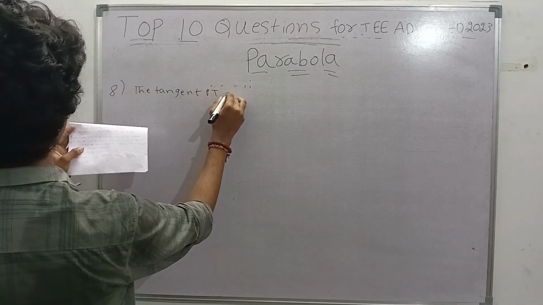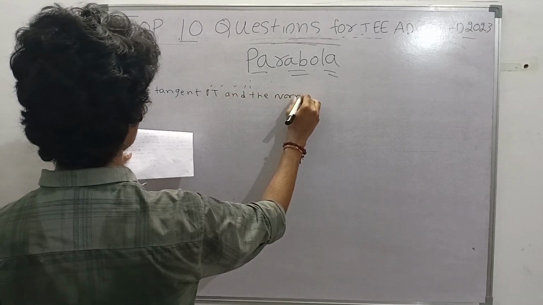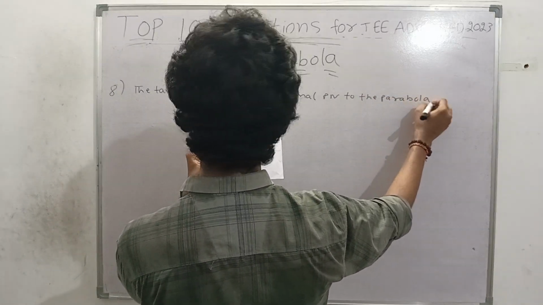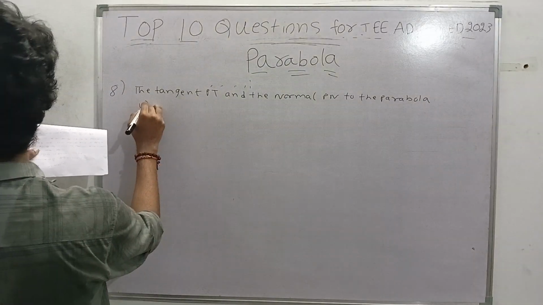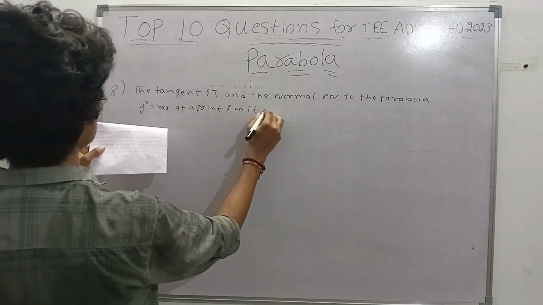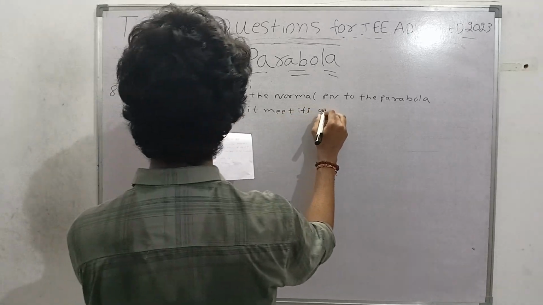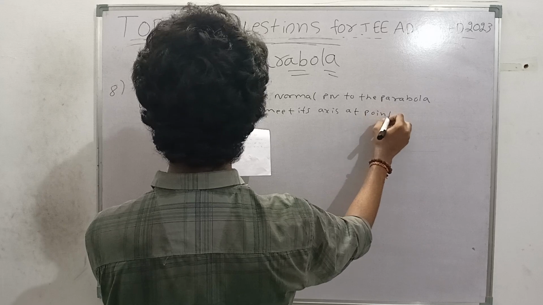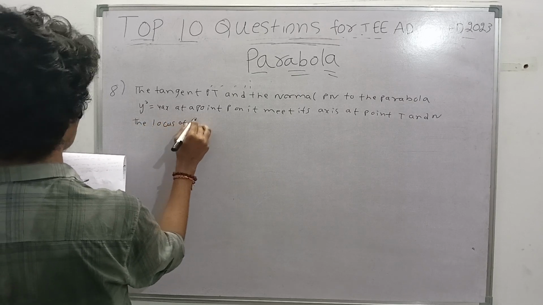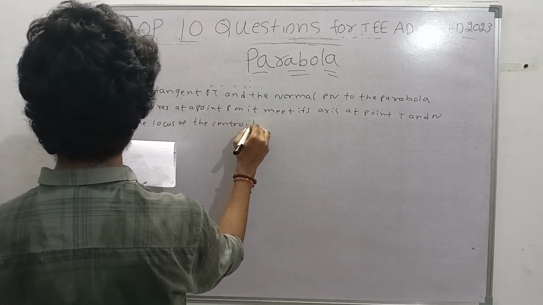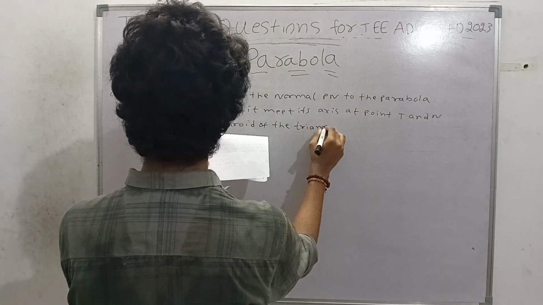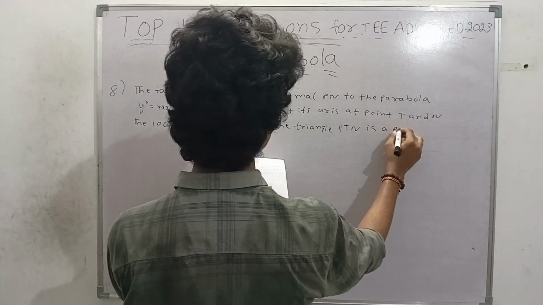The tangent PT and the normal PN to the parabola y square equal to 4ax at the point P on it meet its axis at points T and N. The locus of the centroid of the triangle PTN is a parabola whose